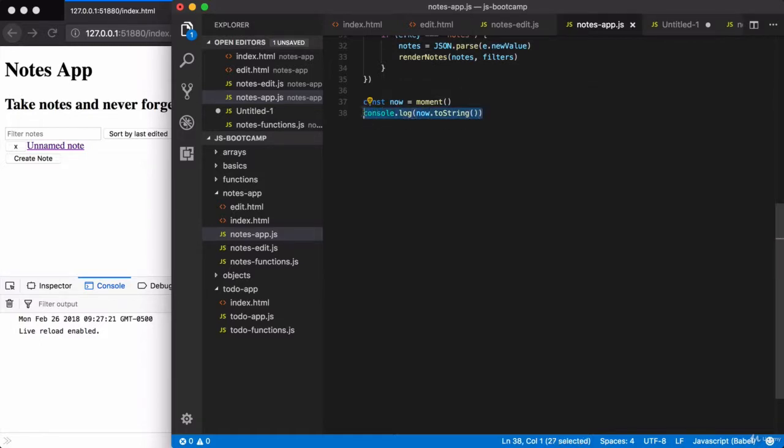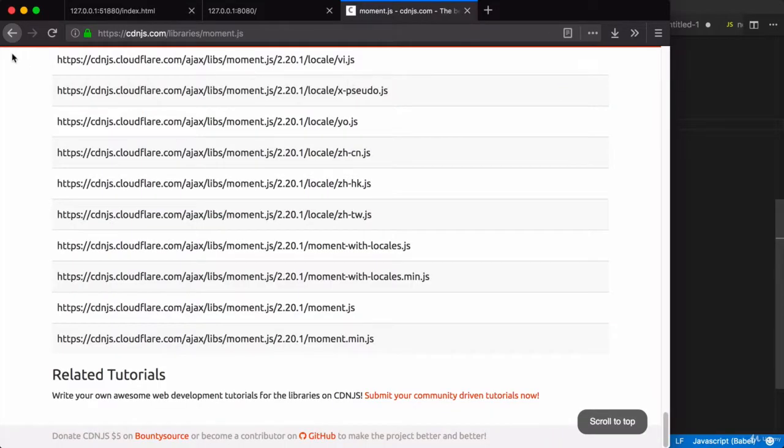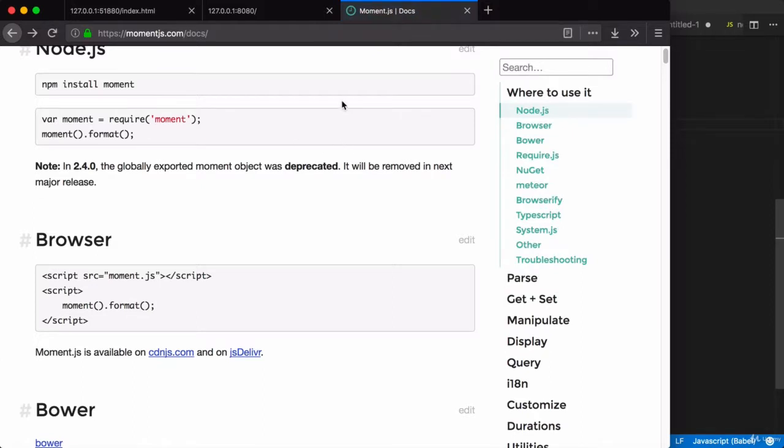I'm going to take this line, copy it, and paste it a couple lines down. And right here, we're going to explore a little manipulation. So let's head up to the docs for Moment.js. The docs are really well done, and there is a whole lot to the library. So it's going to be important to be able to navigate these docs, as there's no way you're going to